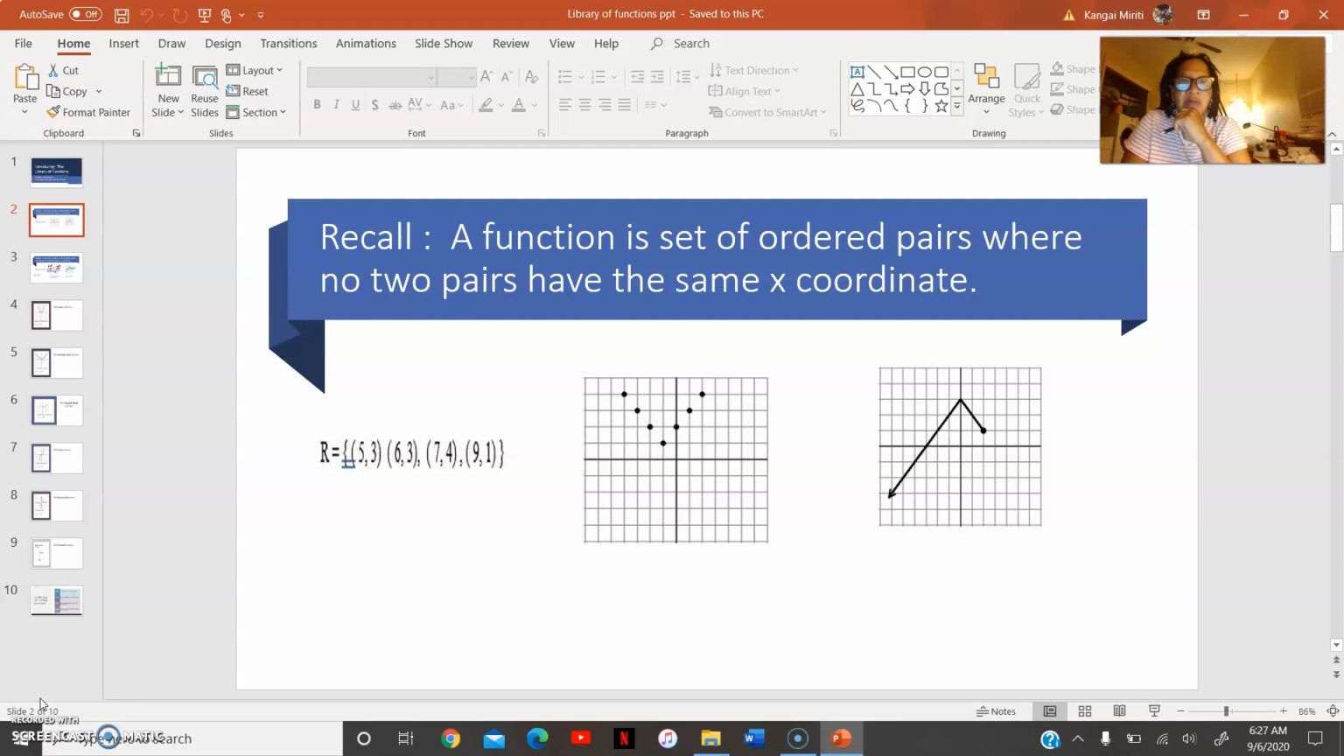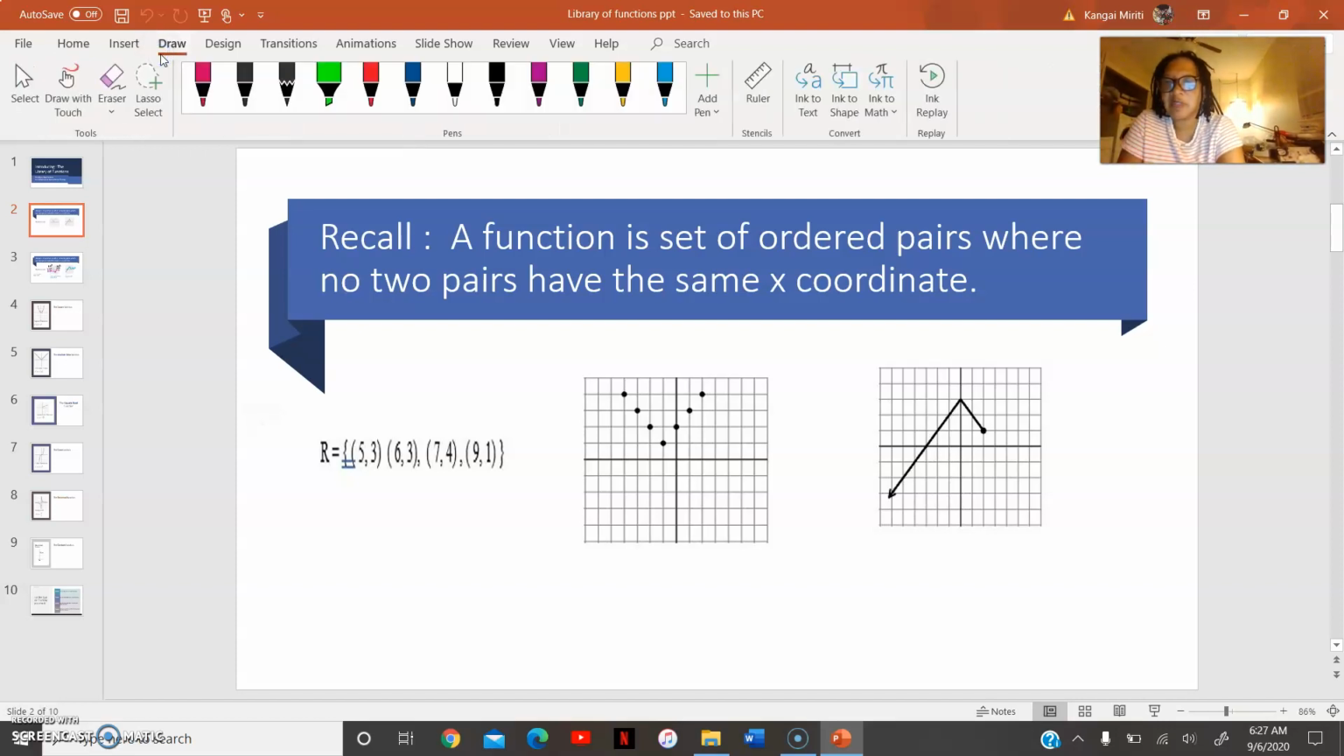A function is a set of ordered pairs where no two pairs have the same x-coordinate. And here are some examples of some functions that we've seen before. The first one is a set of ordered pairs, as we can see here. This is another way a function can look. It can look like a graph, but this graph is just made up of ordered pairs. And this is another function that's just a set of ordered pairs. It's an infinite set because every single location along this solid line, and the arrow goes on forever, is a